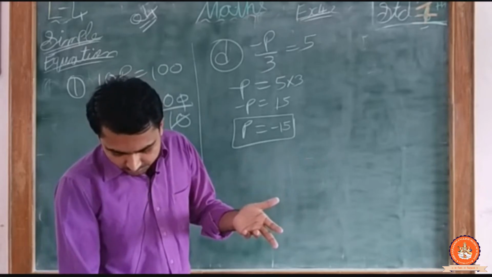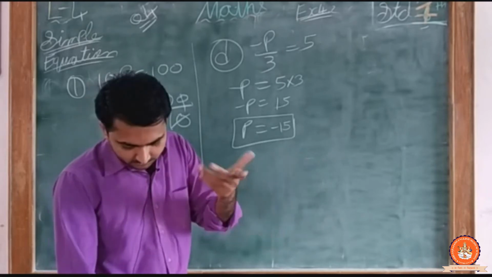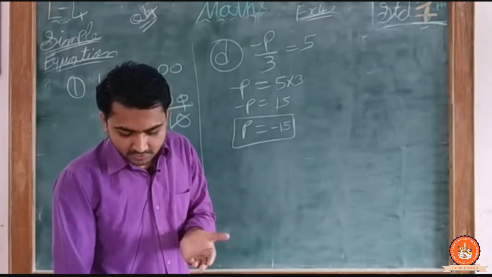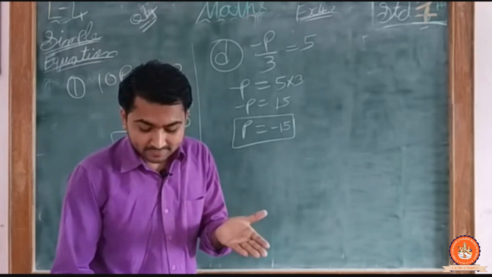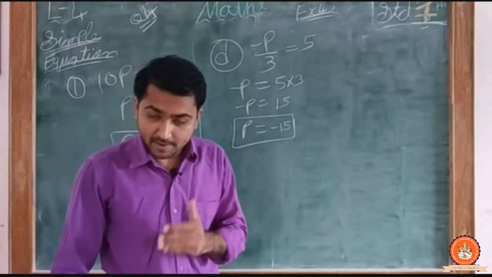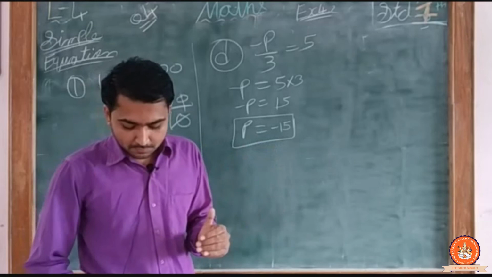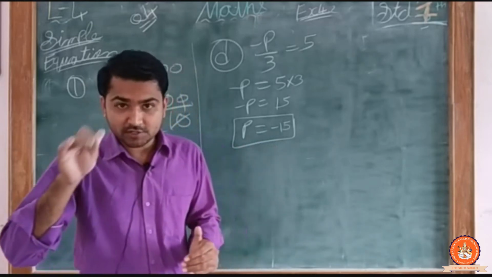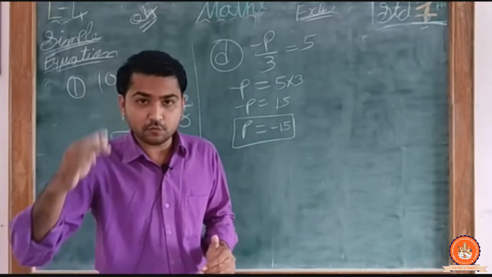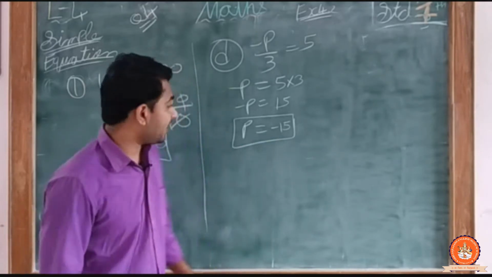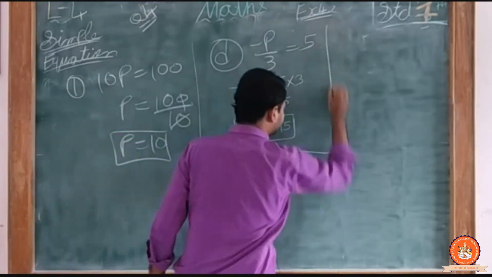Now coming on to G1, you can also solve, because in G1, 3s plus 12 is equal to 0. That means what you have to do, first you have to take the 12 on the right side, it becomes minus 12. After that you have to take the 3 on the right side, it becomes division. So s is equal to minus 12 divided by 3, that means 3 4s are 12, so s is equal to minus 4.